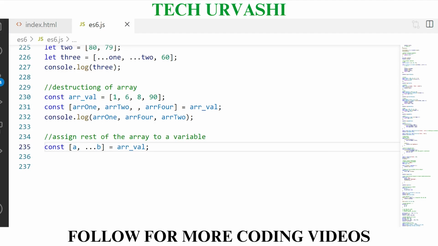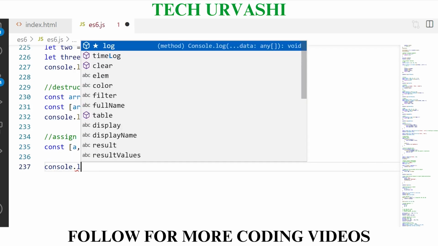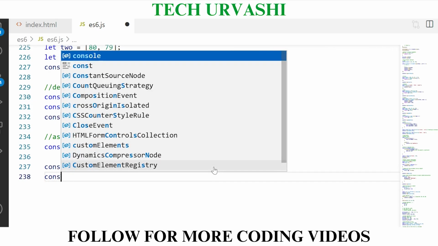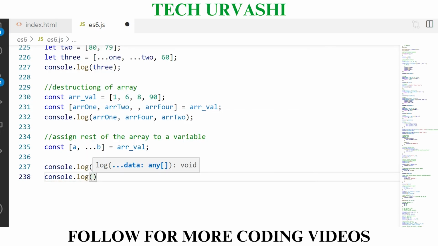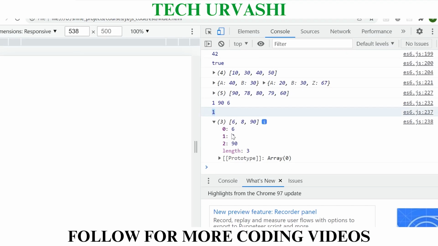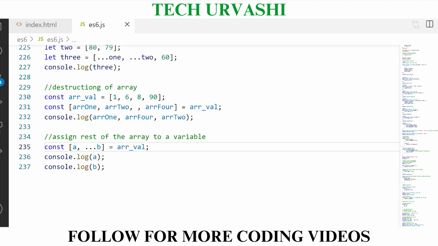Let's say B. So here, if I try to do console.log of A here, you guys will clearly see that A will have the value 1 and B will have the rest of the elements in the form of an array. Here I can see clearly. And you guys can see I use the rest operator here.